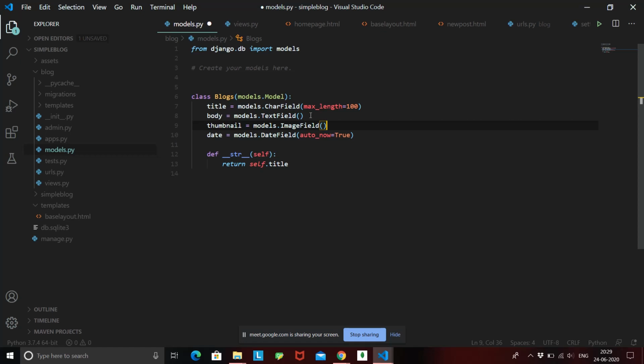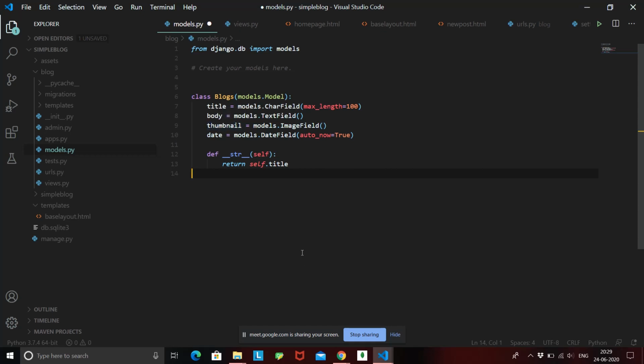Okay, so thumbnail equal to models.ImageField basically means that we need to store an image inside this variable called thumbnail. If you want to learn more about these fields, you can go to the Django documentation, and they have all the various types of fields that Django provides. But right now we are only interested in ImageField. So what ImageField is telling us is that we will take an image and store it inside this column in the database that is called thumbnail.